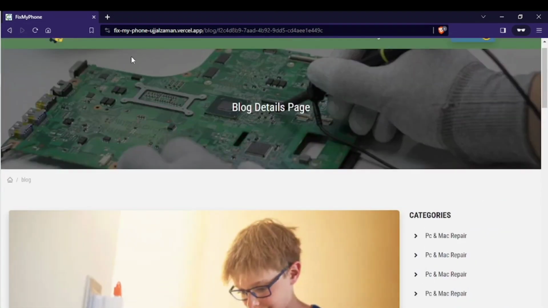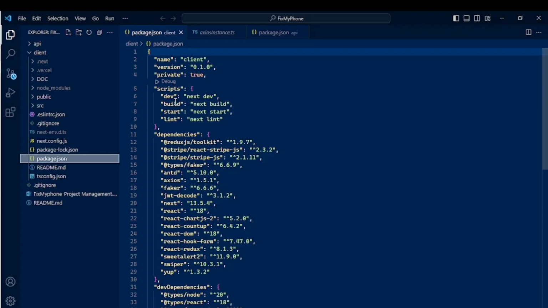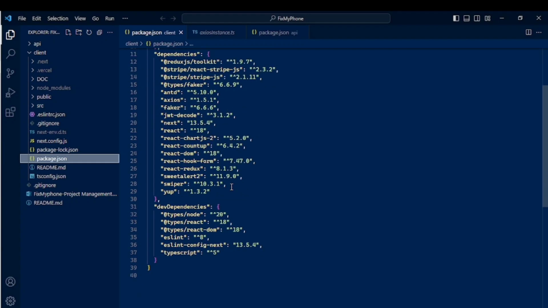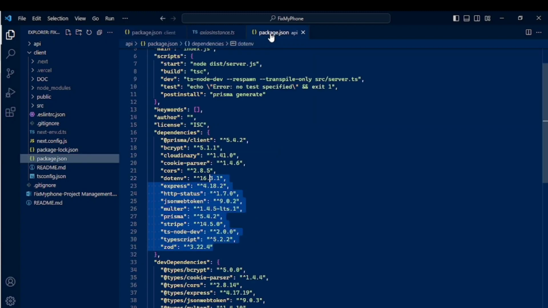So let's talk about the code. I have pushed all the code to GitHub. You can find the GitHub link in the description. In the front end, I have used Next.js 13. For data management, I have used RTK Query, as well as Axios for asynchronous functionality. For the UI library, I have used Ant Design, and for forms, I have used React Hook Form, Chart.js and lots of other dependencies. For the backend, I have used Node.js and Express.js